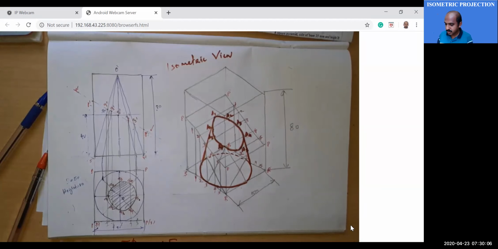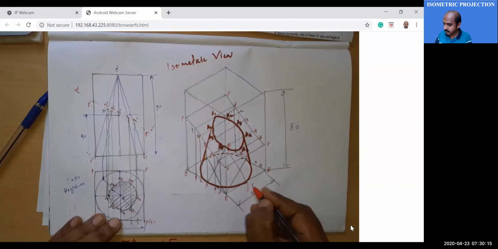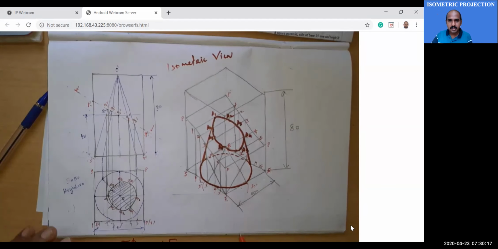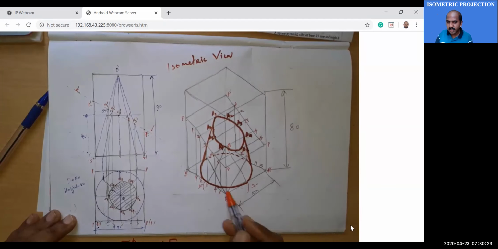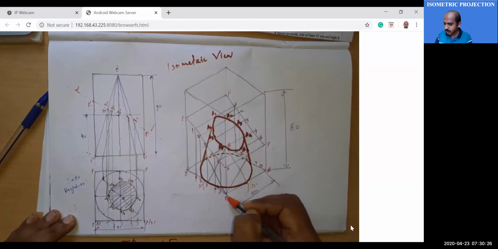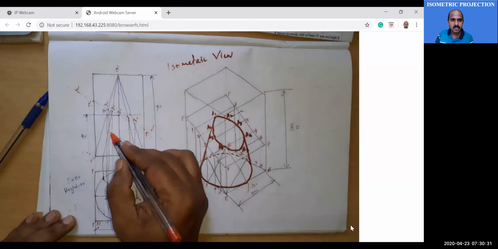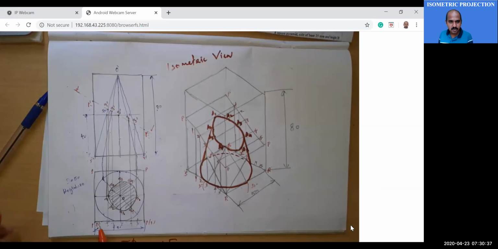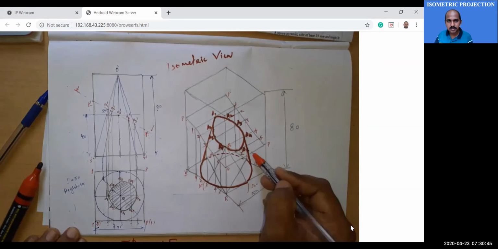So once again, once you complete the front view and top view, draw 30-degree lines to the left and right. Then you complete the rectangular box with height equal to 80. Then the next step is you transfer the cutting plane. Cutting plane PR is equal to P dash R dash. PS is equal to P dash S dash. Then you transfer each point. That is very important. S to 1, capital S to 1. S to 2, capital S to 2. On the other side also you transfer that point.